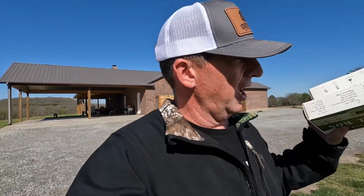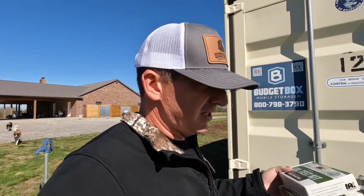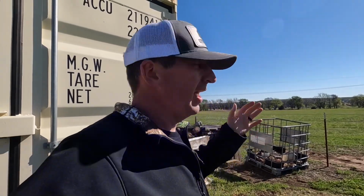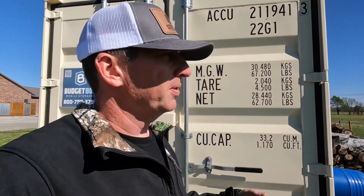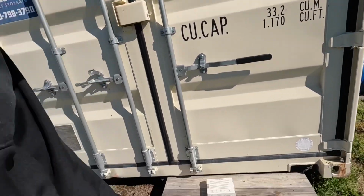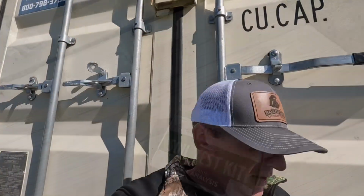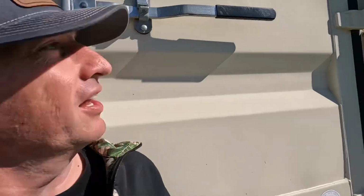We want to be able to know what our soil is missing, what it needs ahead of time, because let's be honest, plants are expensive. You guys saw all those plants in that nursery. Buying plants is expensive. Tilling the garden, the time and the effort you put into it. The hay pasture, I pay somebody to come and bale the hay. So if I need nitrogen or something to really help my hay production, then hopefully I'll be able to tell. So I'm going to open this kit up, get an idea of what's going on with it, and I'll let you guys know. So I got a seat in my favorite spot here, out of the wind by the shipping